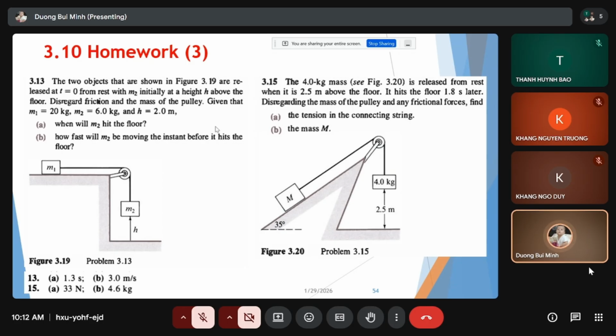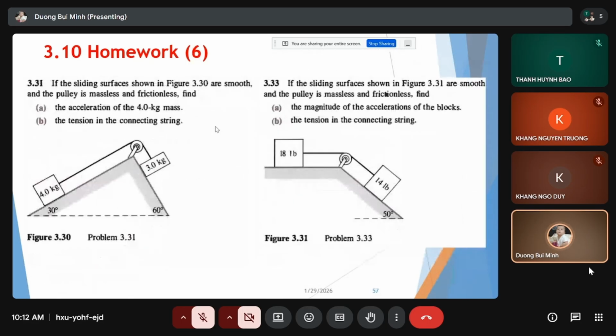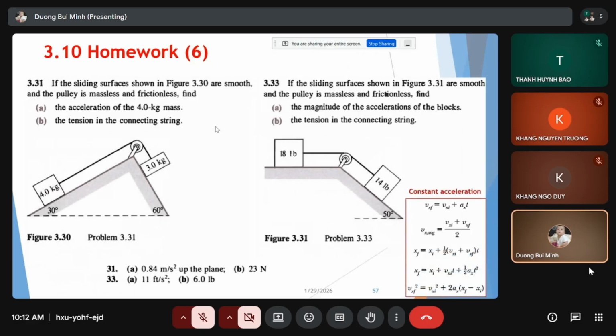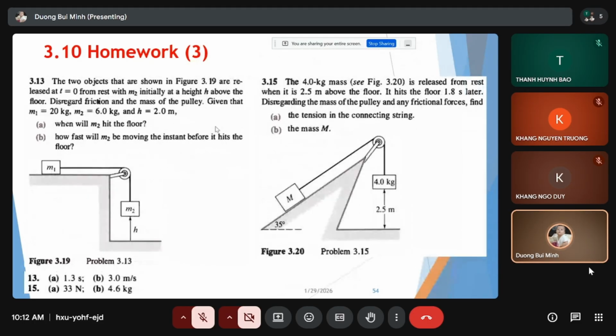Given that M1 is 20 kilograms, and of course we need to assume we have constant acceleration. So if we have constant acceleration, we can apply this formula here, right? We have 5 significant formulas in relation to the constant acceleration model, right? Okay. So then we can get,